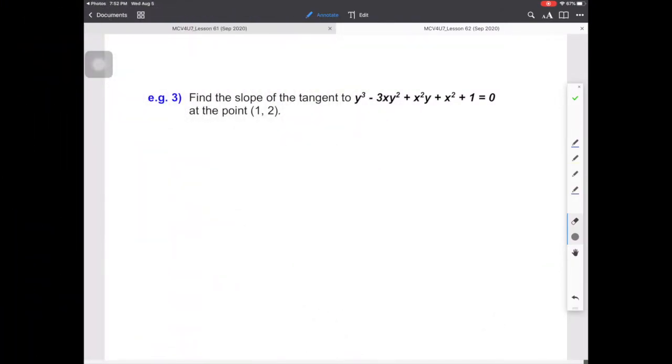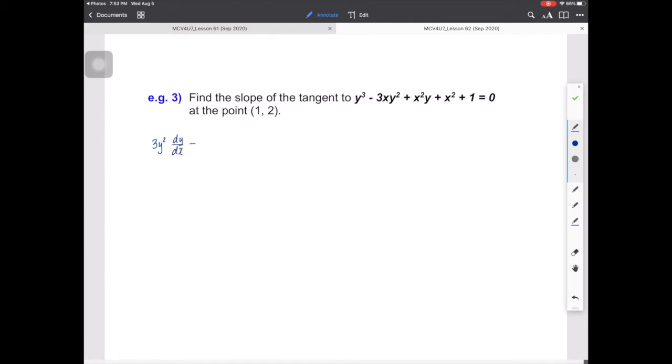Example 3. Find the slope of the tangent through this function at the point 1 and 2. Right away, we can tell that this function is way too complicated for us to try and isolate y. Doesn't seem possible. As a result, I'm just going to use implicit differentiation in order to find the first derivative and then use that to find the slope of the tangent. Let's begin. 3y squared dy by dx because of chain rule